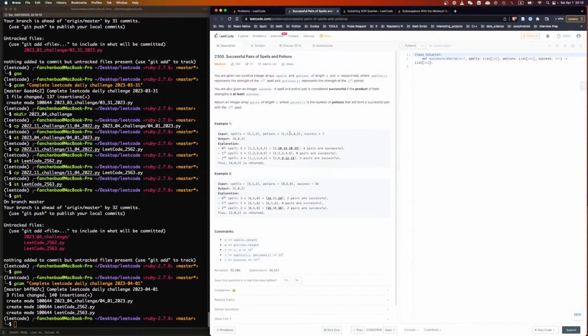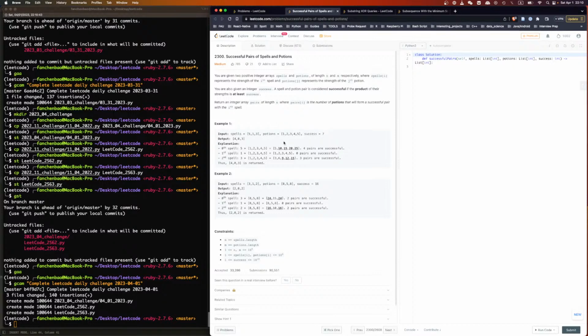A spell and a potion pair is considered successful if the product of their strengths is at least success. Return an integer array pairs of length n, where pairs i is